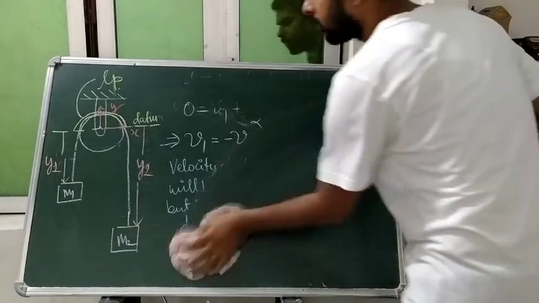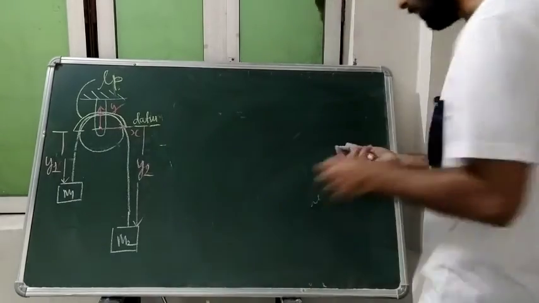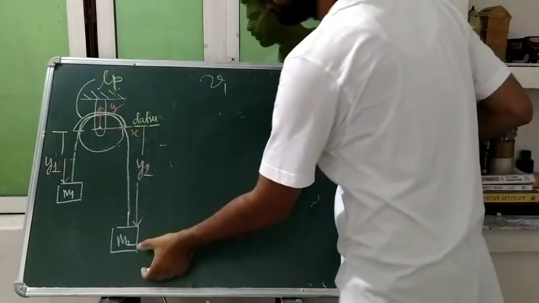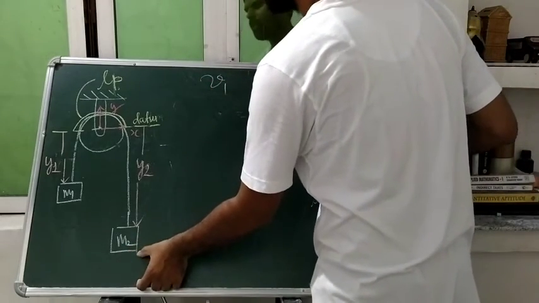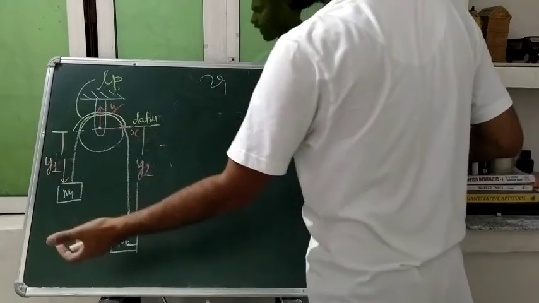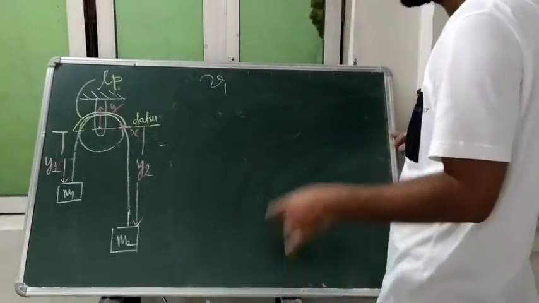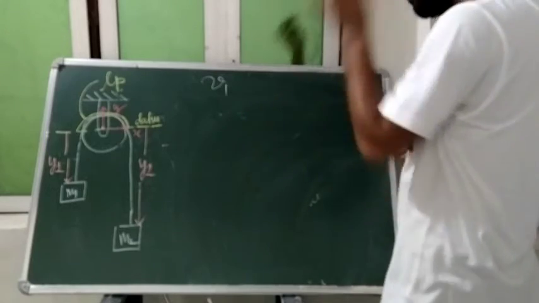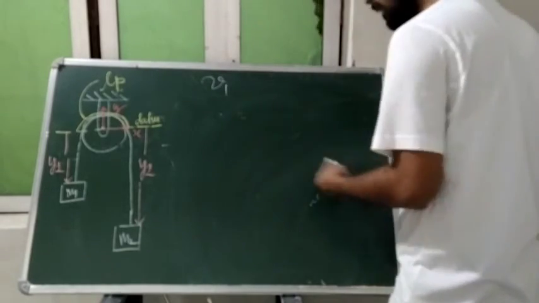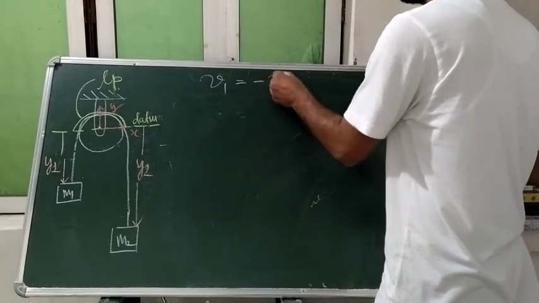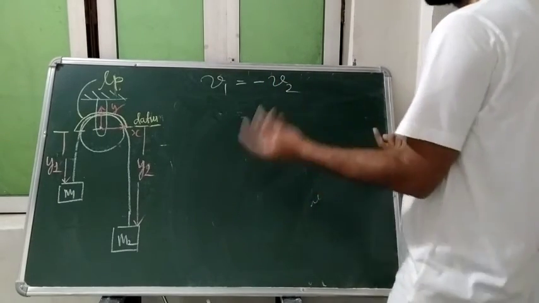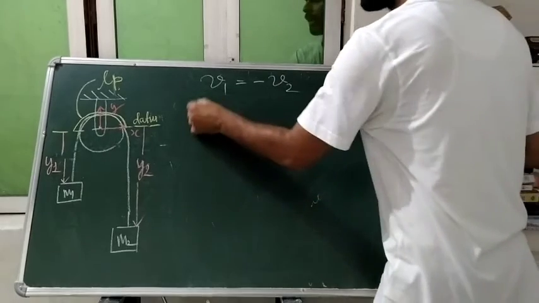So we have seen that our velocities are coming same. It is the other way of saying, otherwise whatever distance one is going to travel, the same distance the other will travel. If you are not imagining that, then I am telling you that mathematically. So v1 we are getting minus times of v2. So velocity of the blocks will be same but in opposite direction. So what can you say?